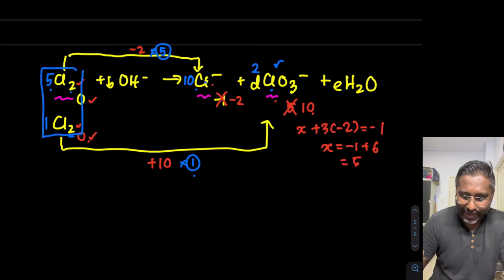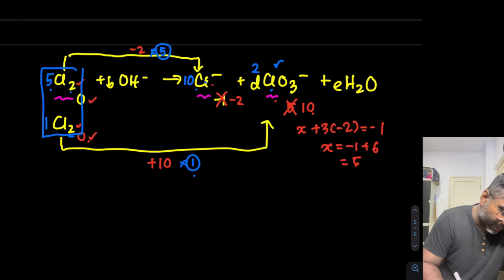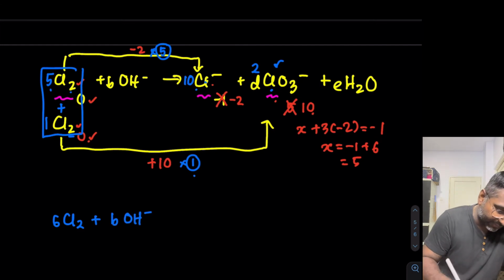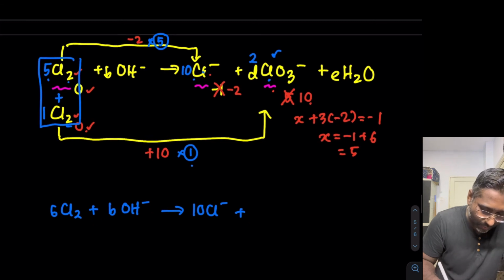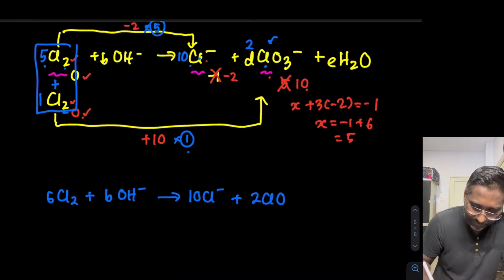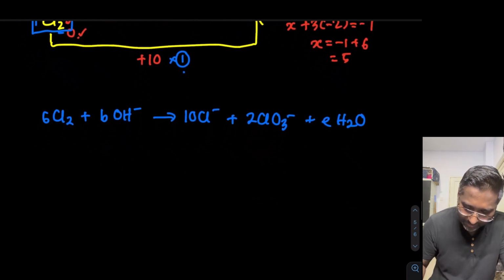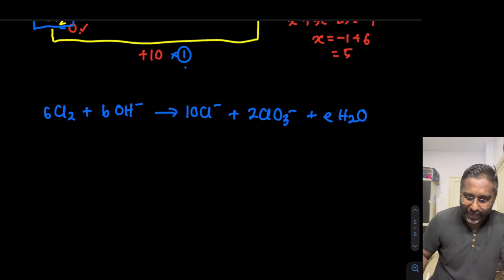Yeah, so what I have now, if I rewrite this, if I join them together, 5Cl2 and 1Cl2, it is going to be 6Cl2. So I write down 6Cl2, plus BOH minus, to give me 10Cl minus plus 2ClO3 minus plus EH2O. So the last part that we need to balance is going to be the oxygen and